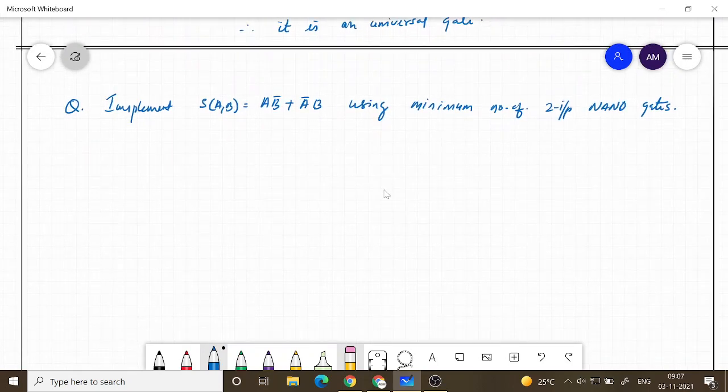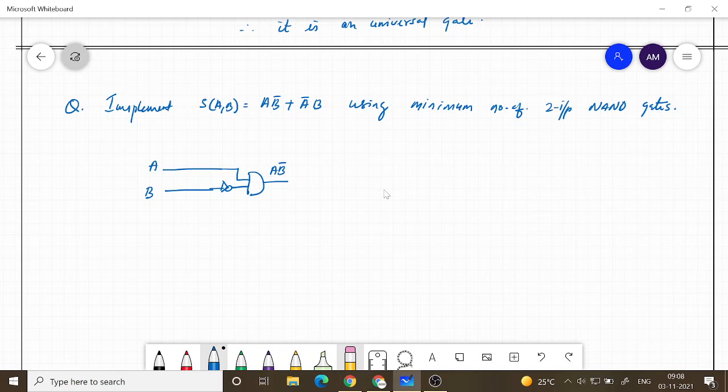So how we can do this? So first of all, again the expression is given. If we just implement by using NOT gate, so you have A, then you have B, you take a NOT gate and then give it to an AND gate, you will get A B bar. Okay, this is not using NAND gate, I am just using AND, NOT and OR gate. I am going to implement this.